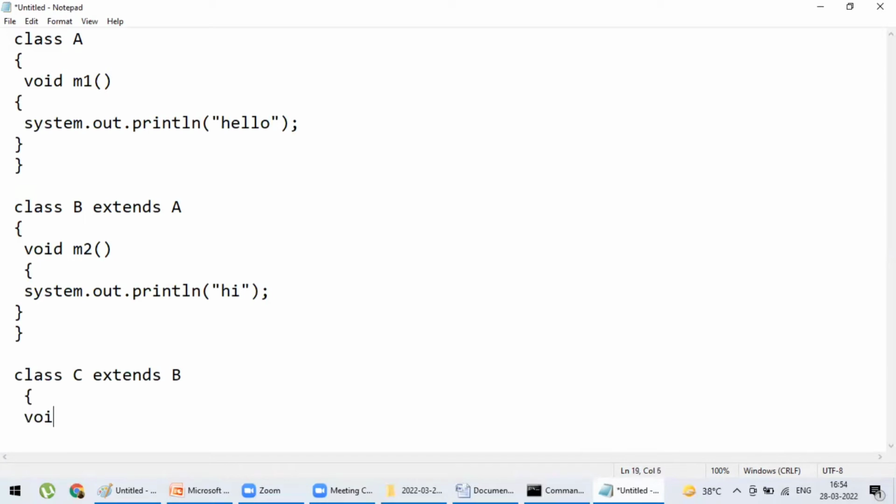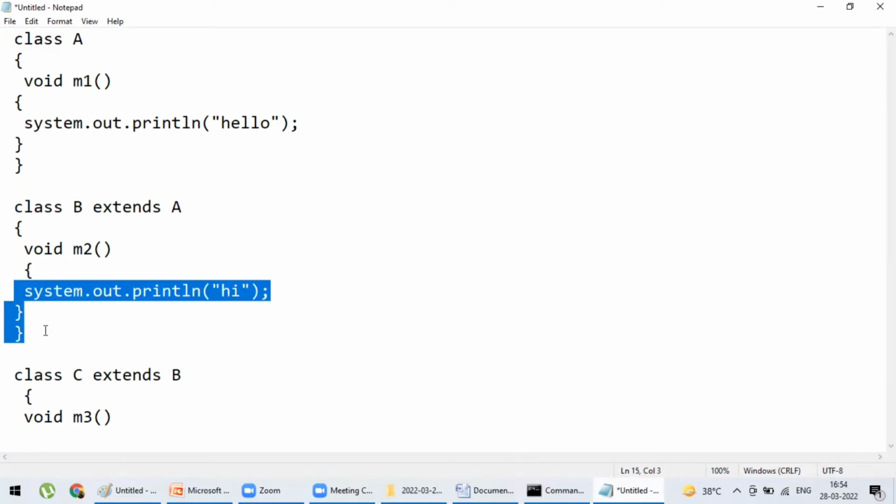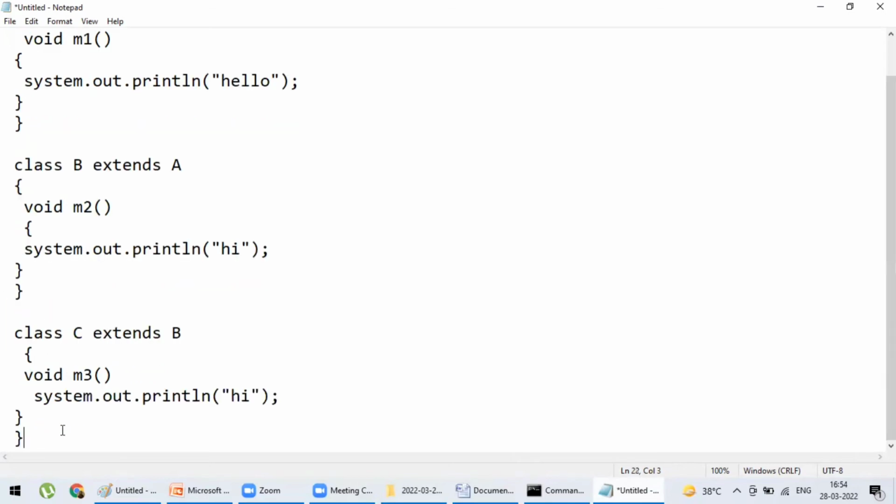Class C's new method is M3. By writing this line, class C now contains M2 as well as the M1 method. But there is no need to write M1 and M2 again in class C, so I'm writing just the new method, that is M3. Let's say it prints bye. Instead of hi, I'm changing it to bye.